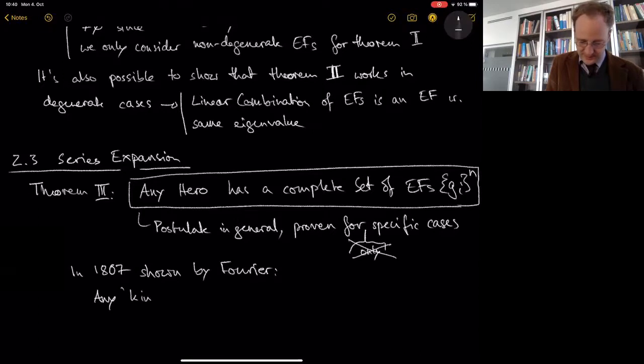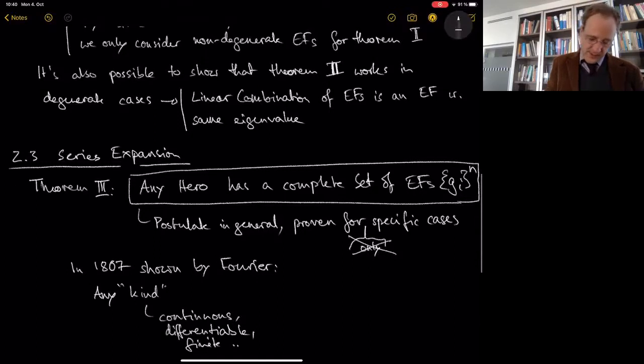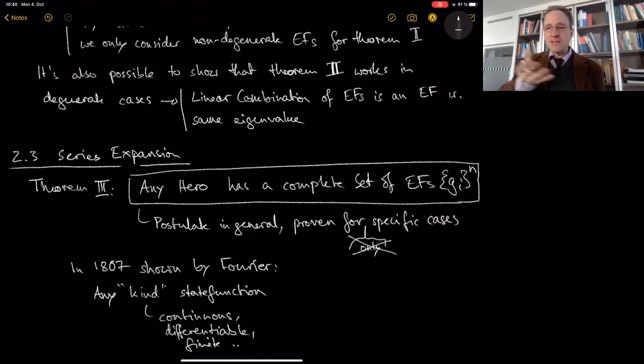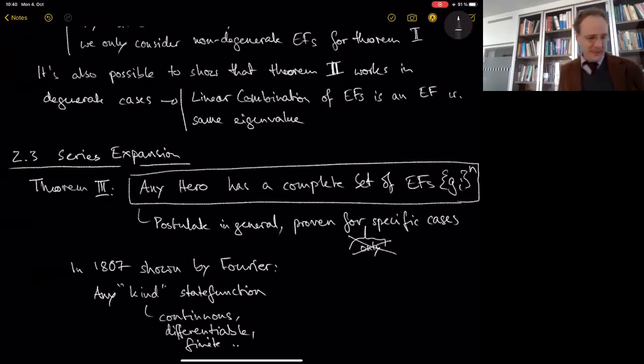Let's put it like this, right? So continuous, differentiable, finite, and so on, state function. Now I add state here because we want to describe the state of the electrons, right? So that's why we add state here. Right? So any state function